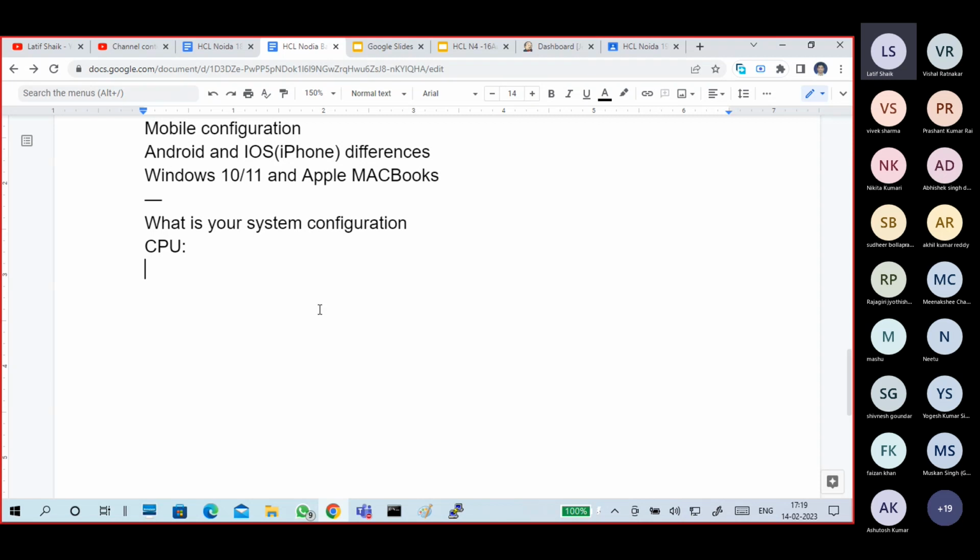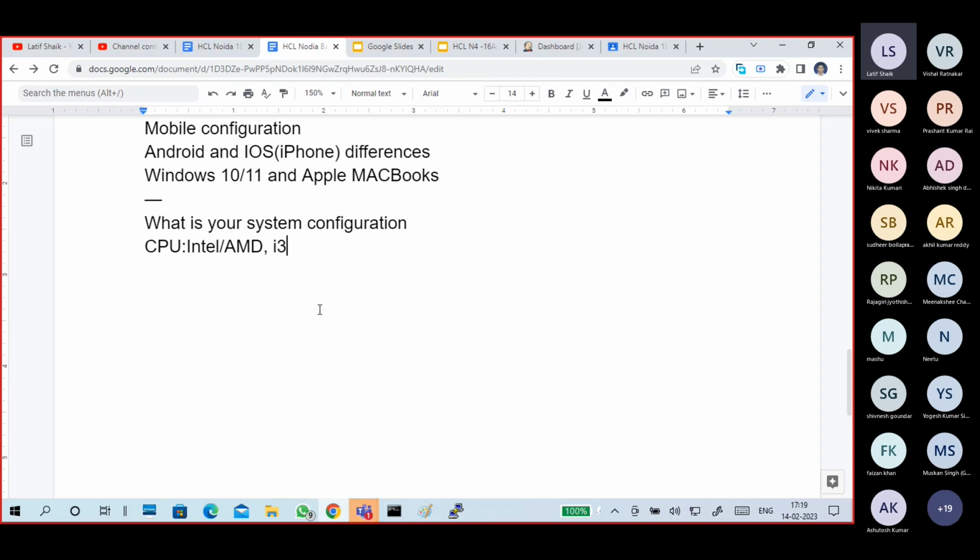What kind of CPU do you have? Is it an Intel CPU or an AMD CPU?